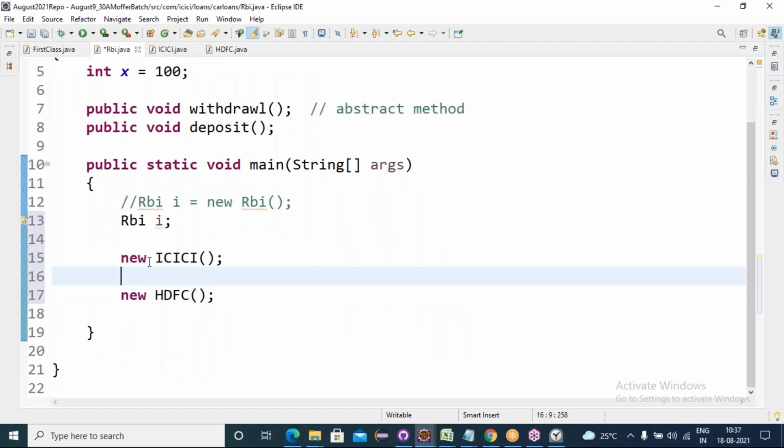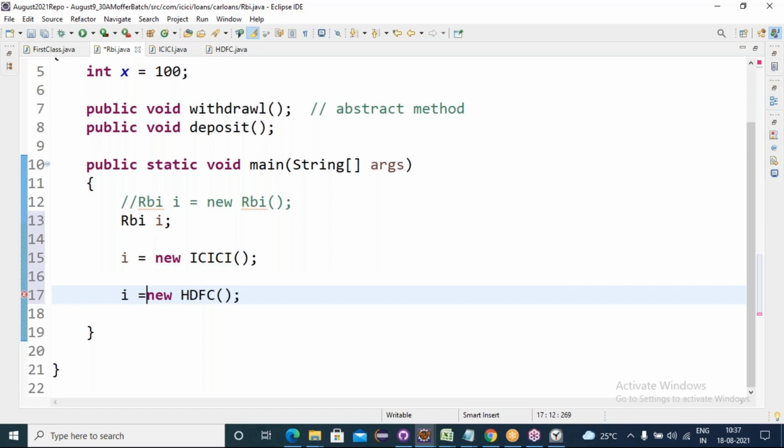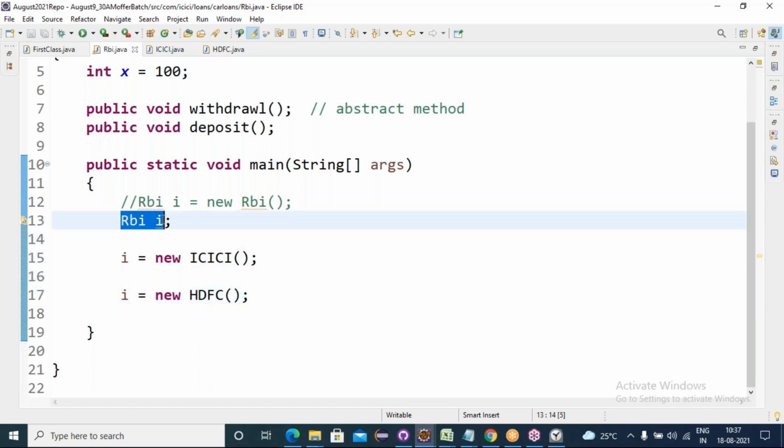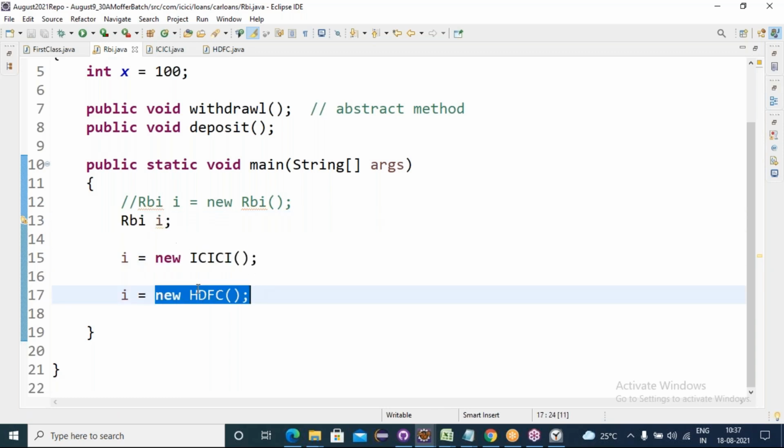Now I created objects for the ICICI class and HDFC, because the interface abstract methods get implemented in this class and in this class. So I created these respective implementation class objects, and I am storing them in the interface reference. An interface reference variable can hold multiple implementation class objects.